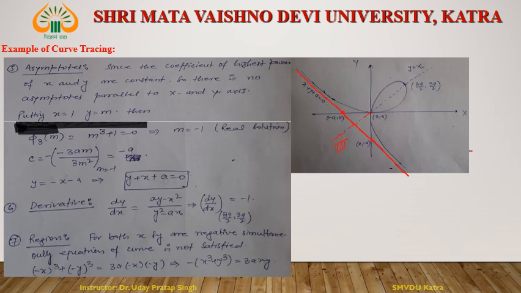Okay. The curve is symmetric about the line y is equal to x. This line is the asymptote. It means the curve is something like this, and it passes through the origin. This curve passes through the point (3a by 2, 3a by 2). Then from 0 to 3a by 2, you can join this. And in this way, since it is symmetric, I think this curve is known as folium. Okay. Folium.